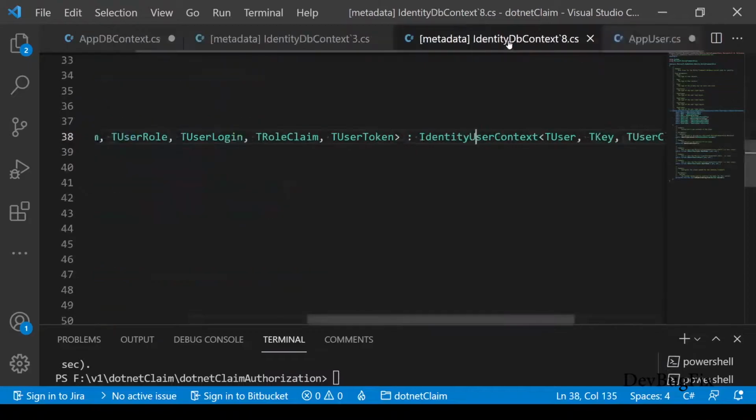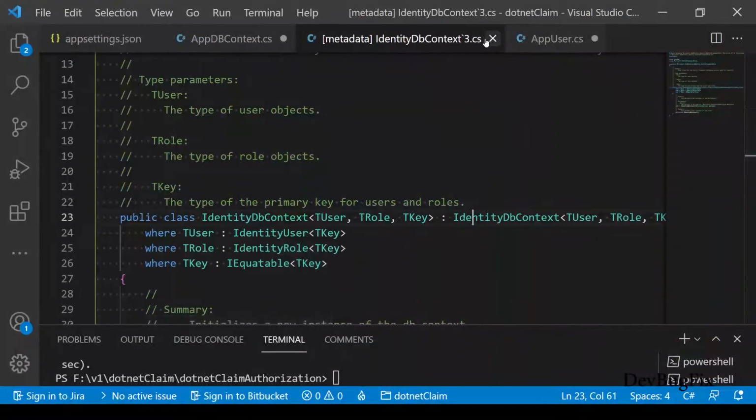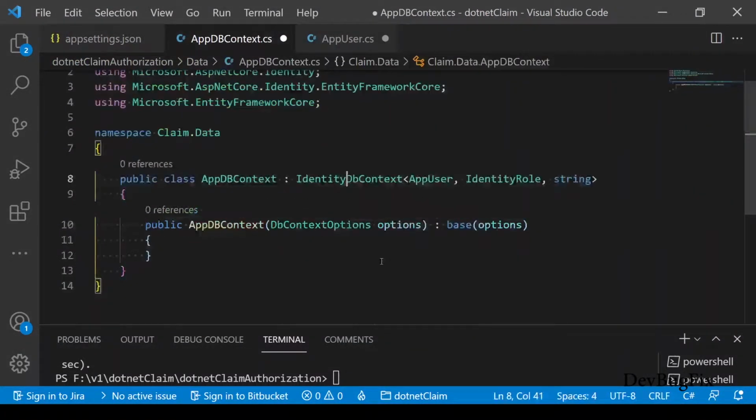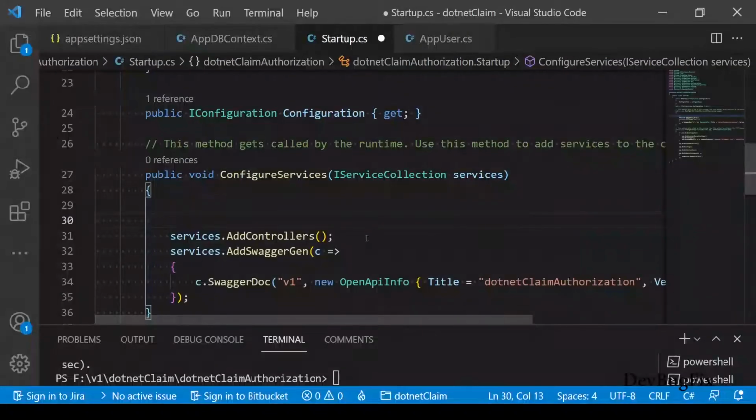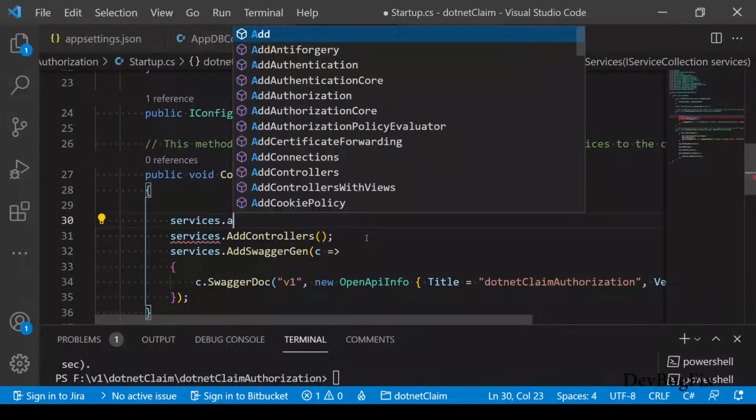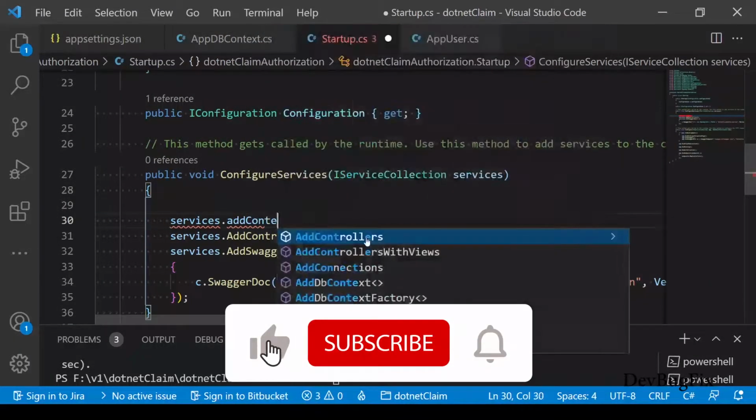So in Entity Framework and a code first approach, we create a class that inherits from DbContext. So we are using Microsoft Identity, so we create a class that inherits from IdentityDbContext, but it also inherits from DbContext. And the last thing remaining for Entity Framework configuration is that we have to add an entry